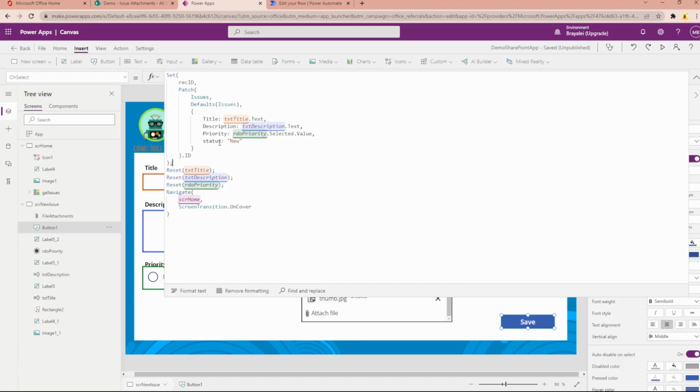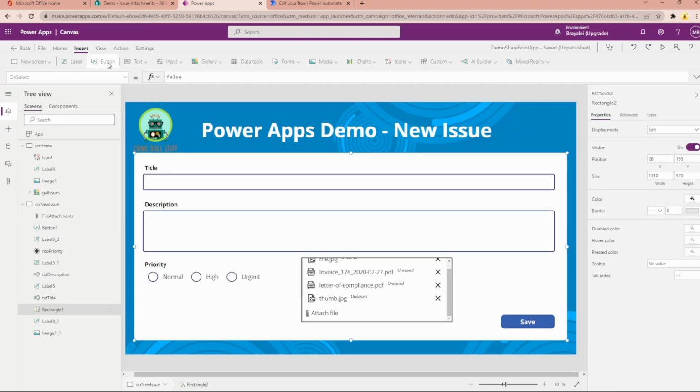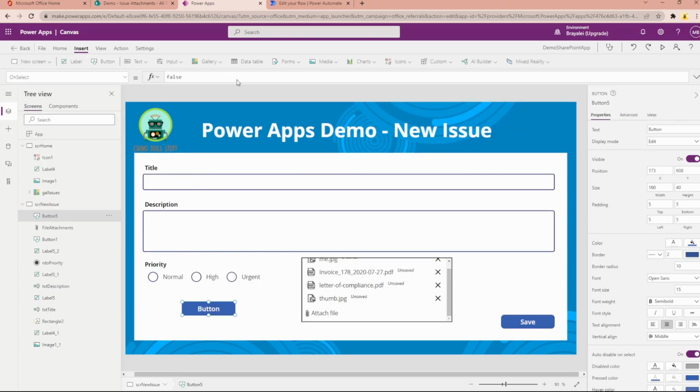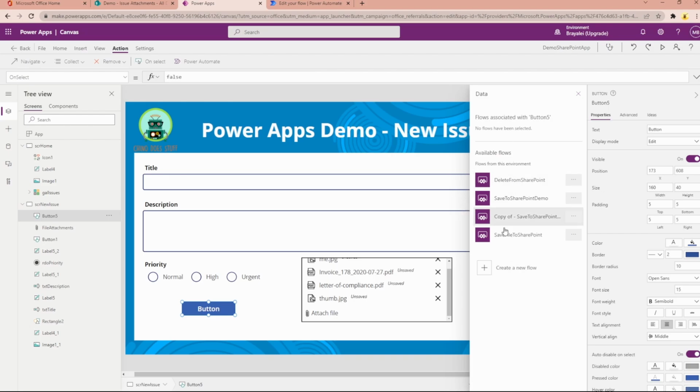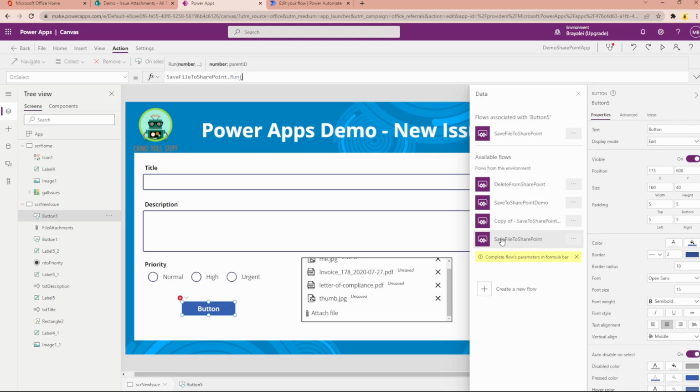Now what we need to do just after that is call our flow. The real simple way is to create a button and, with the button highlighted, go over to Action and click Power Automate. In here, it will give us a list of all the flows that are available to me. We can see right at the bottom here is the flow we just created, Save File to SharePoint. So let's add that. It takes a couple of seconds. And we can see now we've got our save file to SharePoint action.run,